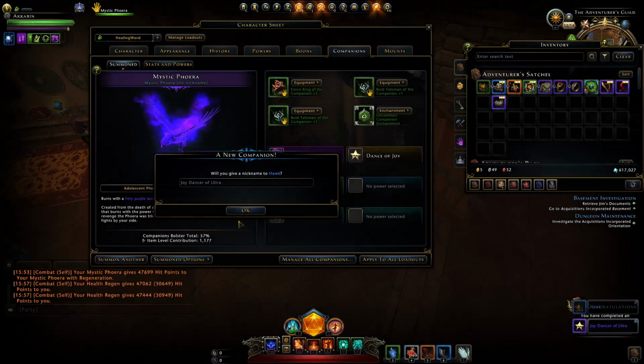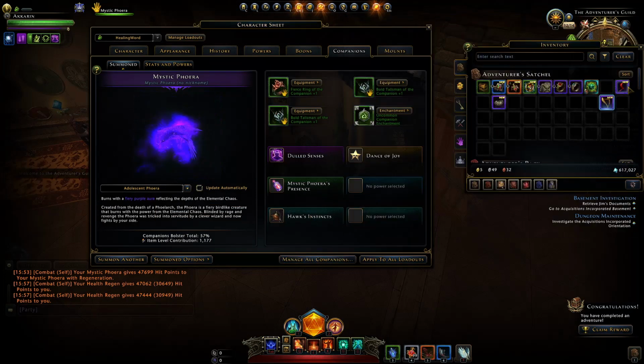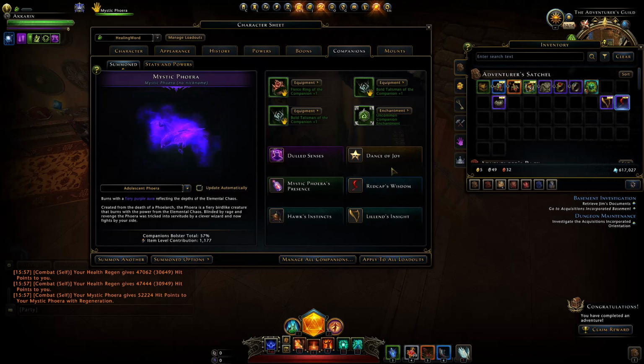Now doing so should put the bonuses of those companions in your slots here. I already have Lilend, so no point doing that. And I already have the Red Cap. Lilend will give a bonus on a 20% chance when you use a daily power to heal everybody for 38% of their maximum hit points. And the Red Cap will just give you some critical severity. It'll also give you some critical avoidance, but I didn't find any that was more useful than that at a